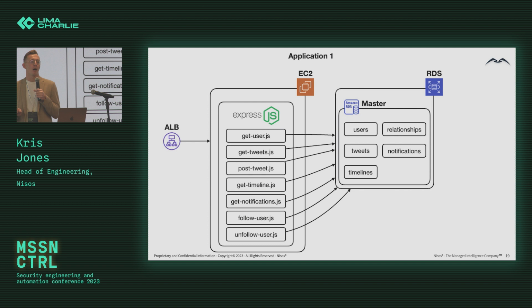If one of these API requests is a long-running request, or for whatever reason, an engineer has pushed up a code change that makes getting the timeline like 10 times slower than it should be, this can bottleneck your entire server and very easily bring it down with long-running processes. Of course, this is a super simplified view of that, but you can appreciate within this monolith architecture, one wrong function and one long-running function can help bring down the performance of your entire application.